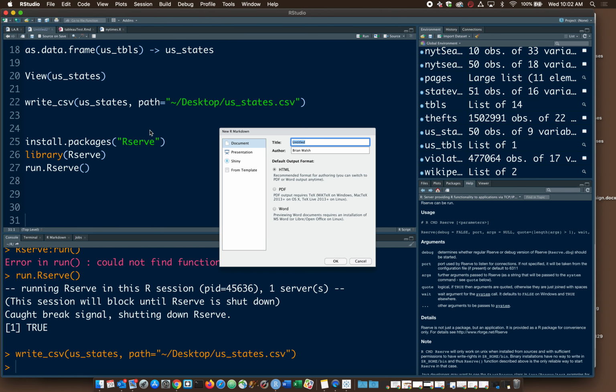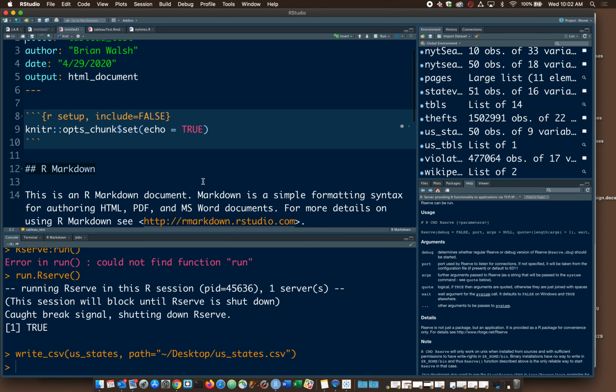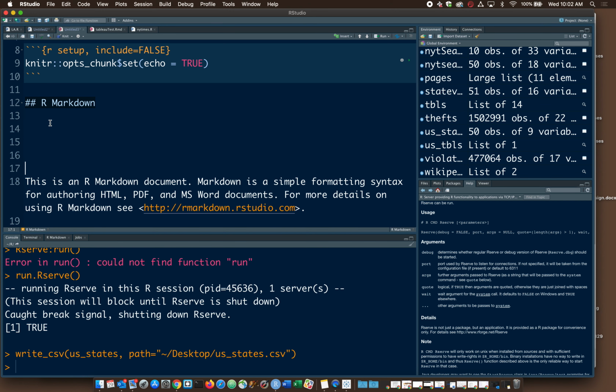So I'm going to create a new R Markdown file. I'll call it Tableau test. Okay, so here's our default fun stuff. And what I want to do is insert my content from Tableau Public right in here. So the way we would do this is with an iframe. Let me point out, I'm not adding a code chunk here. This is just straight HTML we're typing directly in. So I'm going to say iframe source equals, and let's just start by replicating